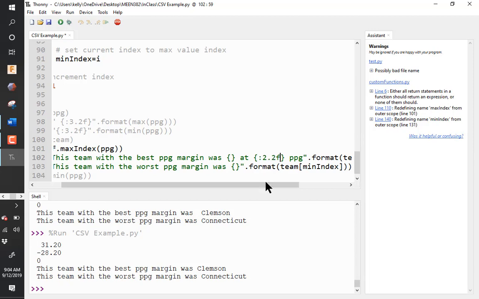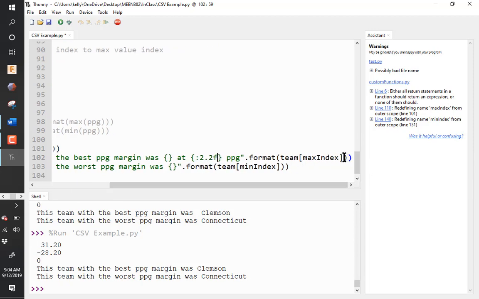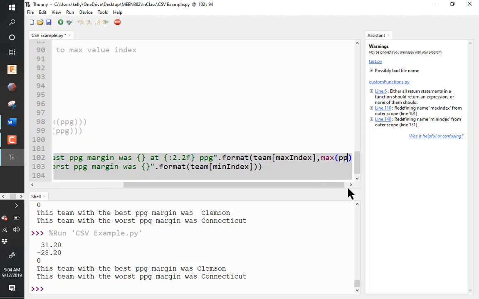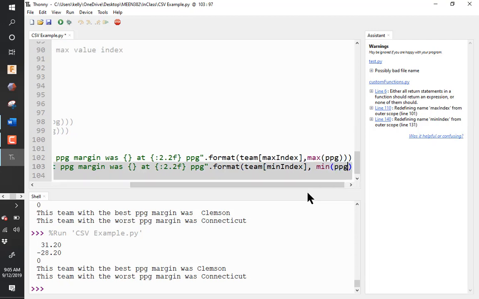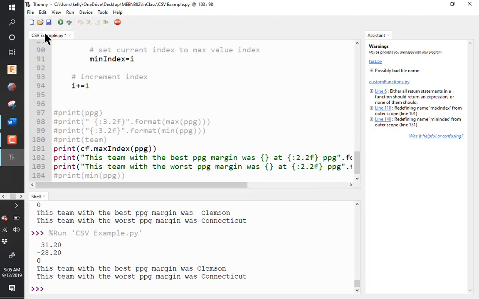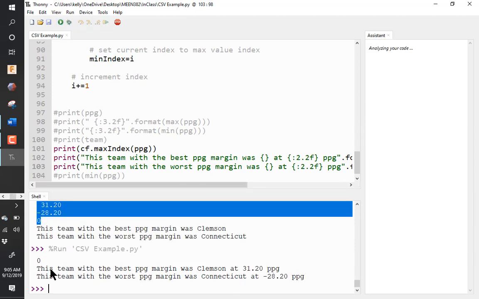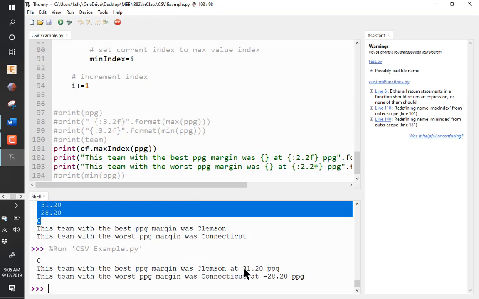And then in this bracket, I'm going to format team max index, comma, whatever I put after this comma will show up in the second bracket, and that is my max of points per game. And then over here, we'll do at colon 2.2f points per game, and we'll say that here we want whatever the minimum points per game ended up being. All right, so now we should get team with the best points per game margin was Clemson at 31.2 points